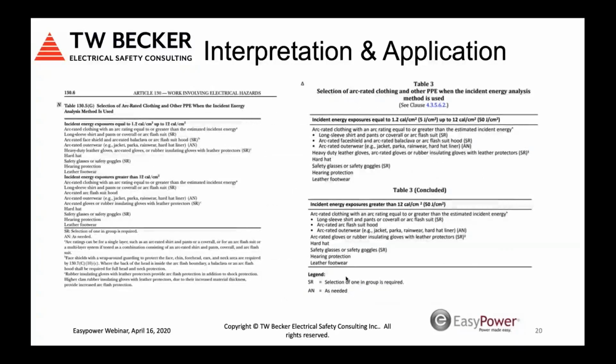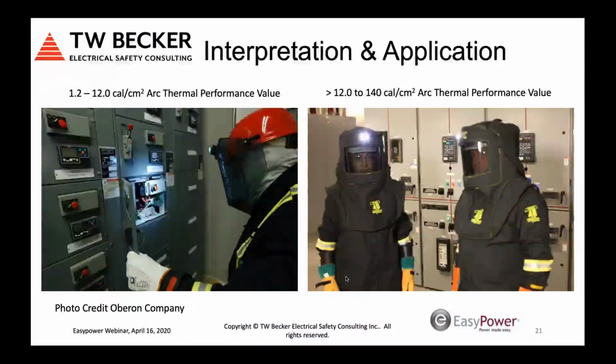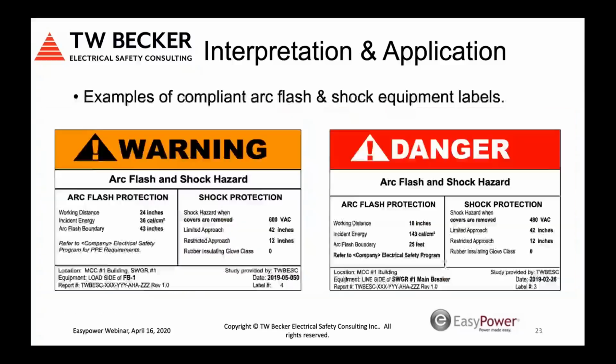So there's the tables, just a quick snapshot of the two new tables added in 70E with the two arc rated levels, and the clothing underneath is a shopping list for full body arc flash PPE. Here are some examples. So again, on the left would be the 1.2 to 12: coverall, rubber insulating gloves, leather protectors that provide arc flash protection for the hands, shield, balaclava, canal insert earplugs, clear CSA approved, or again, approved safety glasses. On the right would then be level 2, the arc flash suit. And by the way, arc flash suits are available up to 140 calories ATPV. On that note,